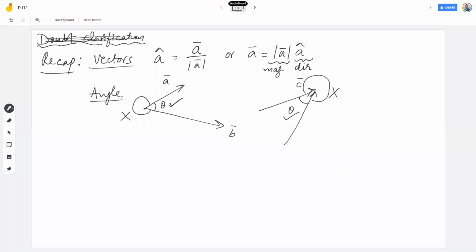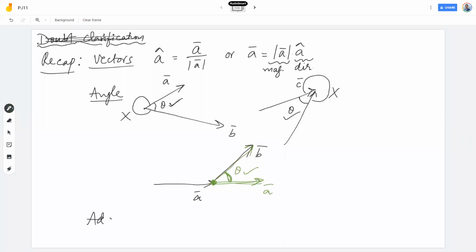What if they are drawn successively? Say for example, if this is a bar and if this is b bar, then what is the angle between these two vectors? For this, what do we do? We extend one of the vectors. I can extend b bar or I can extend a bar also, my wish. If I extend the direction of a bar, this is the direction of a bar, this is the direction of b bar, and they seem to be co-initial at this point. The smaller angle formed between them is this. This is the theta or angle between two vectors. So that is about angle between two vectors.